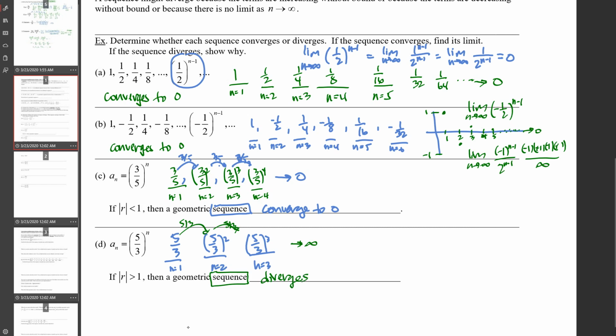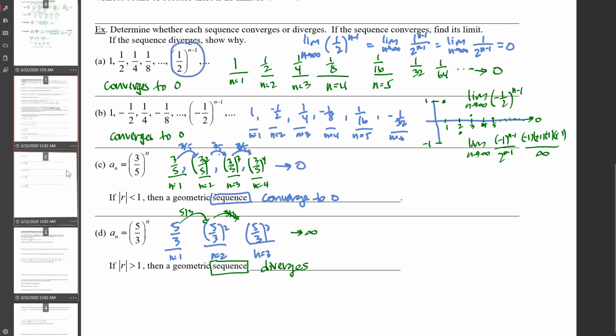Maybe it diverges, the geometric sequence diverges. Now, what you need to know is the series in this case actually also diverges. Not in this case though, but in this case it does. But we'll talk about series later. All right, let's go to